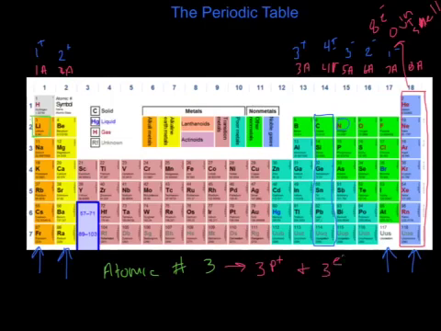Everything on the periodic table is neutral, so 3 positively charged particles, 3 negatively charged particles does lithium have. Now we look down below, and it's hard to see on this, but